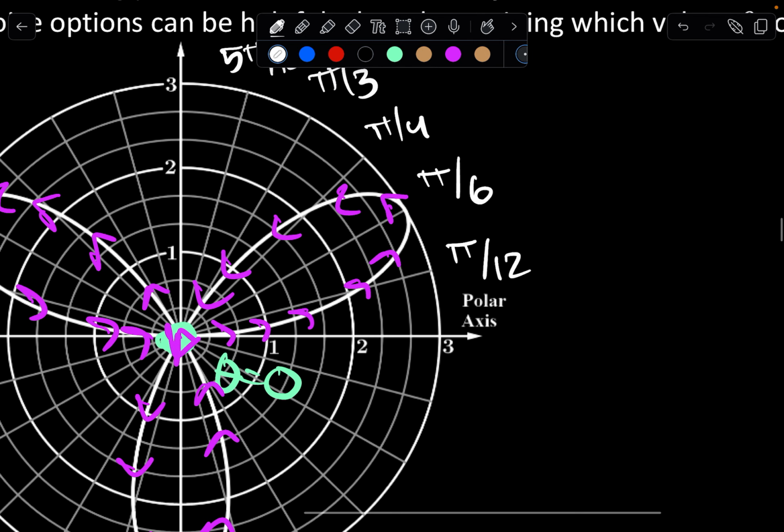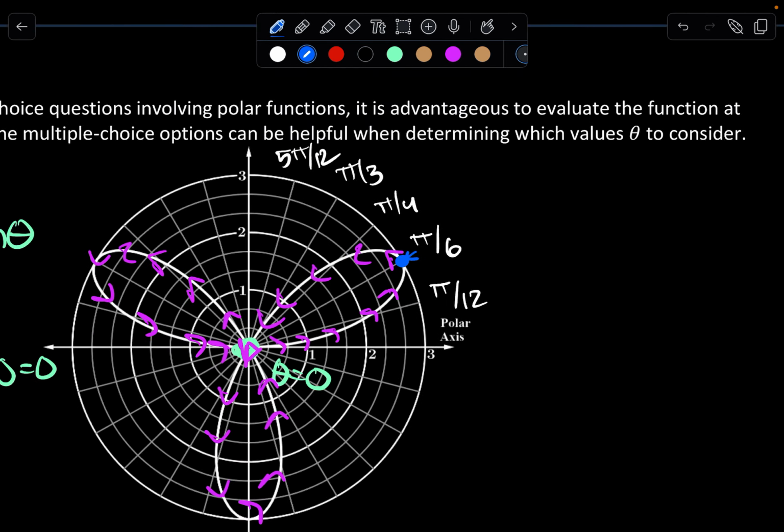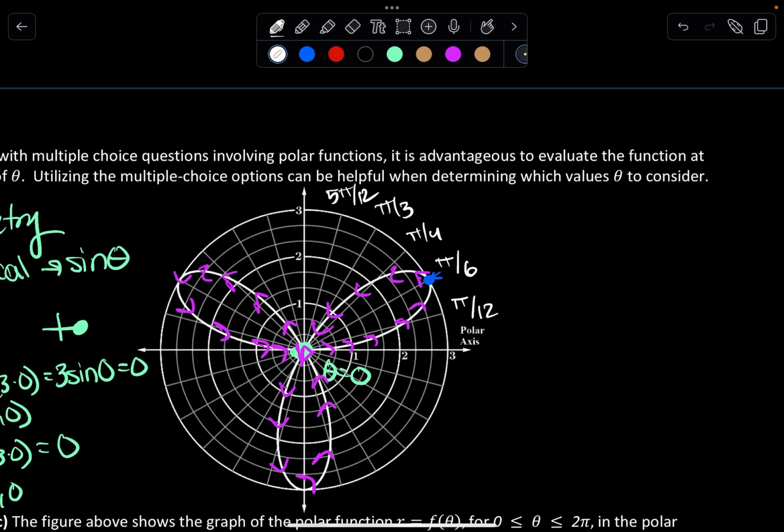When you're testing angles, look for an integer. I wouldn't want to try pi over 4 because it's just above 2, but I don't have a calculator, so I don't know what that decimal is going to be. So look for your integer values here. So if we do theta is equal to pi over 6,